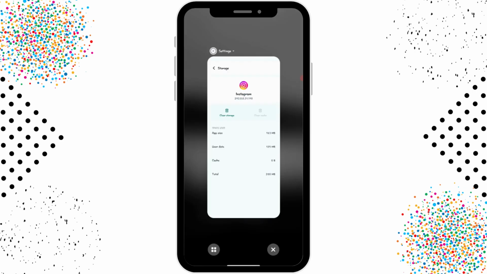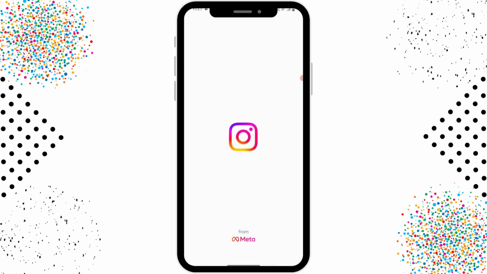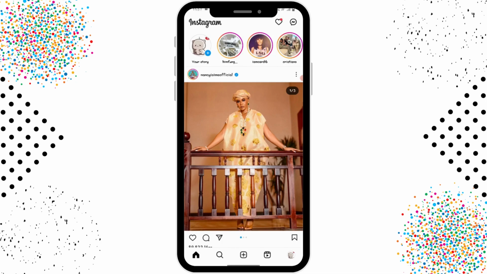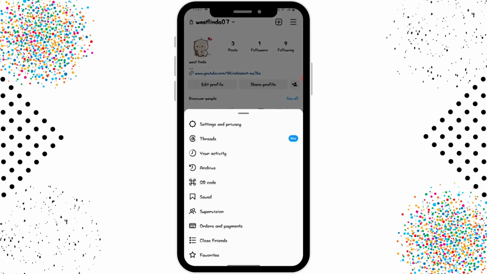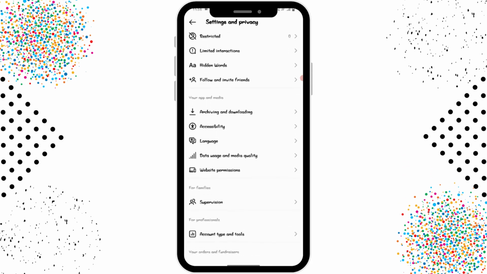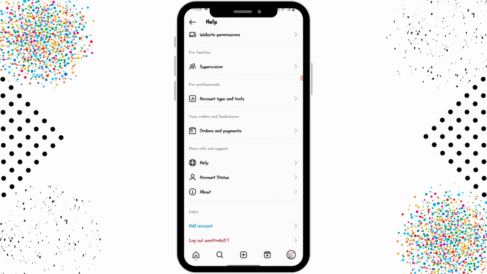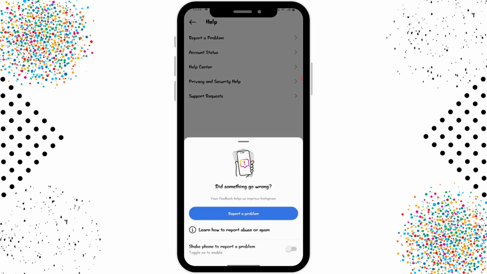But if that still doesn't fix your problem, then the last way is to open up your Instagram and then go to your profile, which is on the bottom right corner, and then go to the upper right corner, which has the three-bar icon, and head over to settings and privacy, and here scroll down and go to help and tap on report a problem, and then tap on report a problem